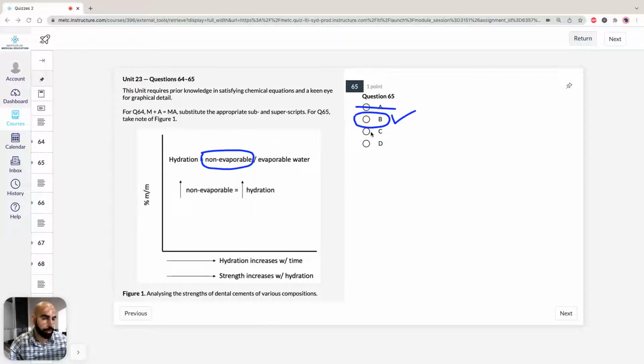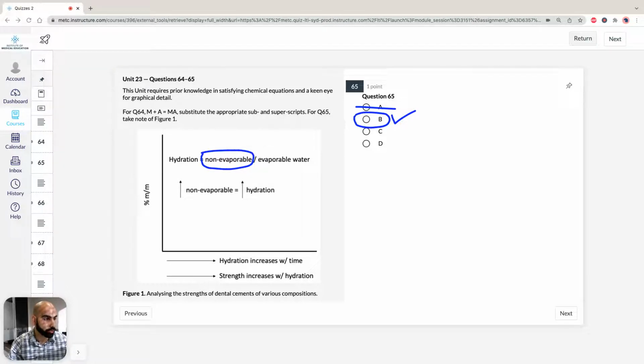But let's just show why the others are incorrect. So C says zinc cements are more hydrated than glass ionomers. So zinc cements, glass ionomer. So it's both zinc cements. And the answer is going to be no. So you can see clearly that the zinc cements are not more hydrated than the glass ionomers because you can see that the actual,